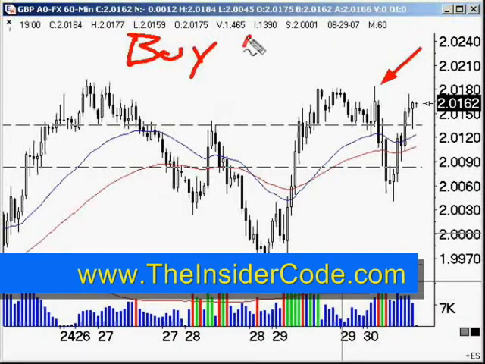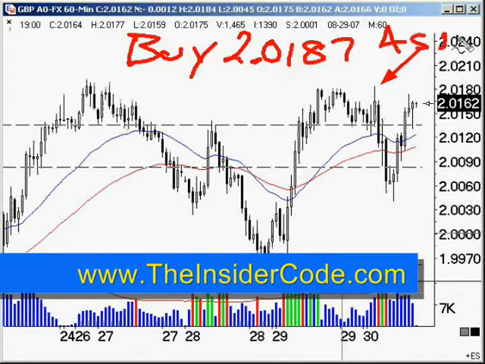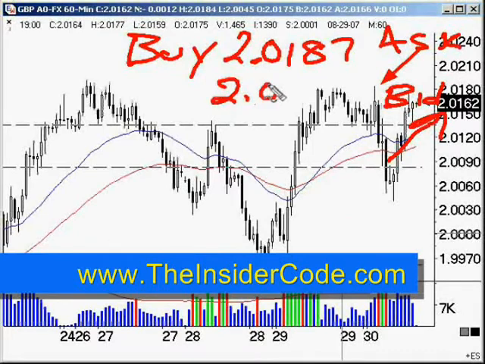So if you're looking to buy at 2.0187, remember this is on the ask. Well, the bid, which is what we see on the chart. Okay, this is just basic stuff that you've got to understand. The bid, or the price that you see on the chart, is going to be between 3 and 5 pips lower. So the bid could be as low as 2.0182. Okay, so that's why it looks like the price was never reached. Okay, it did get there.